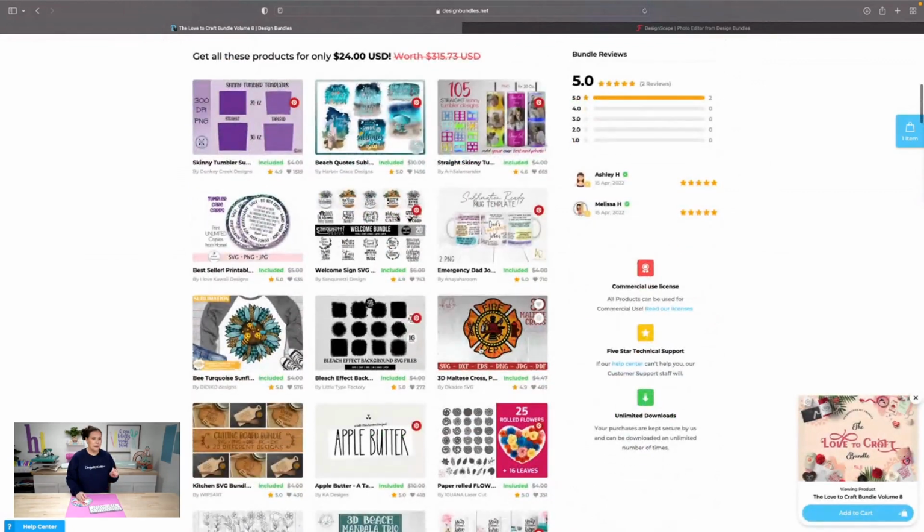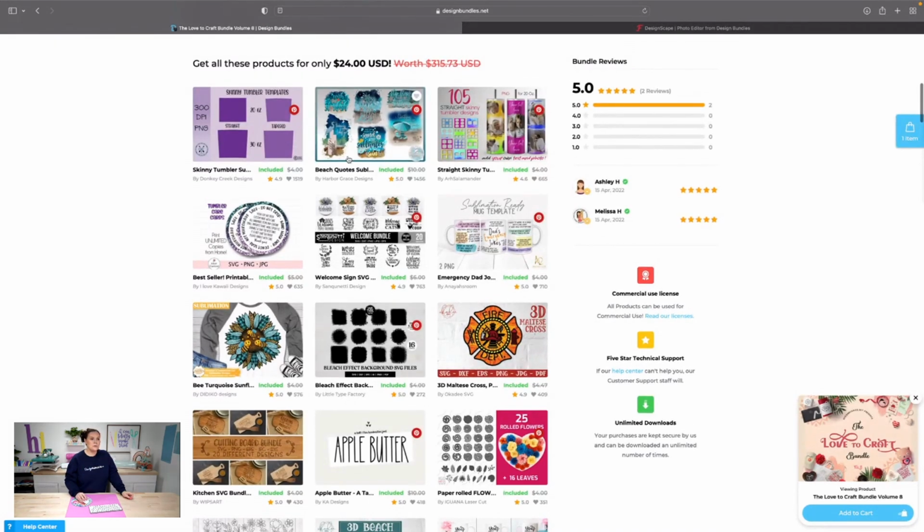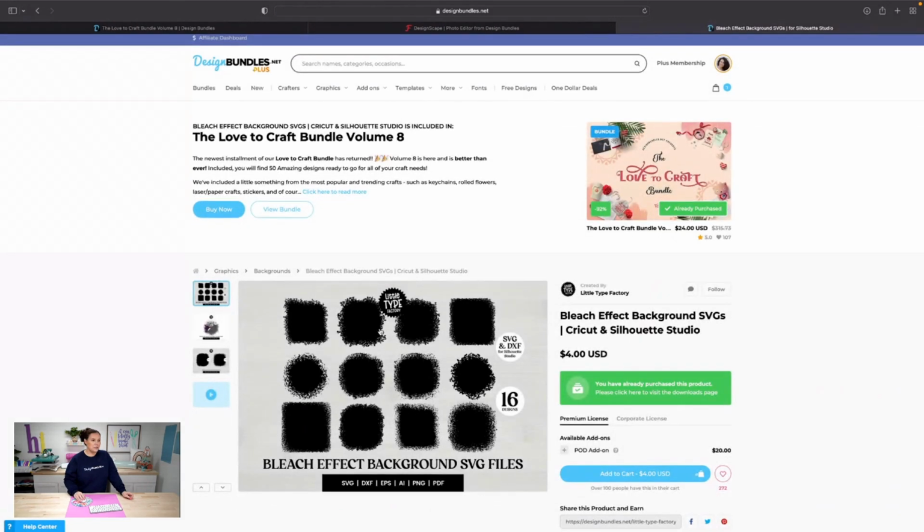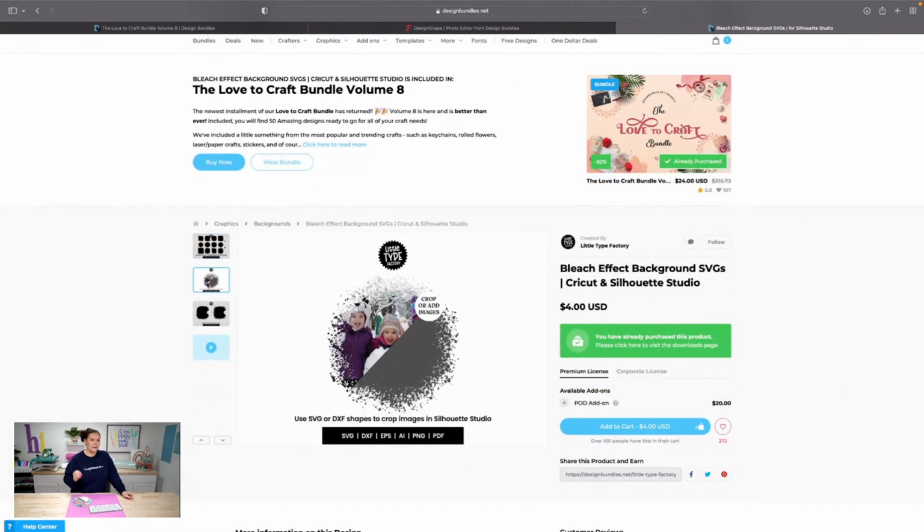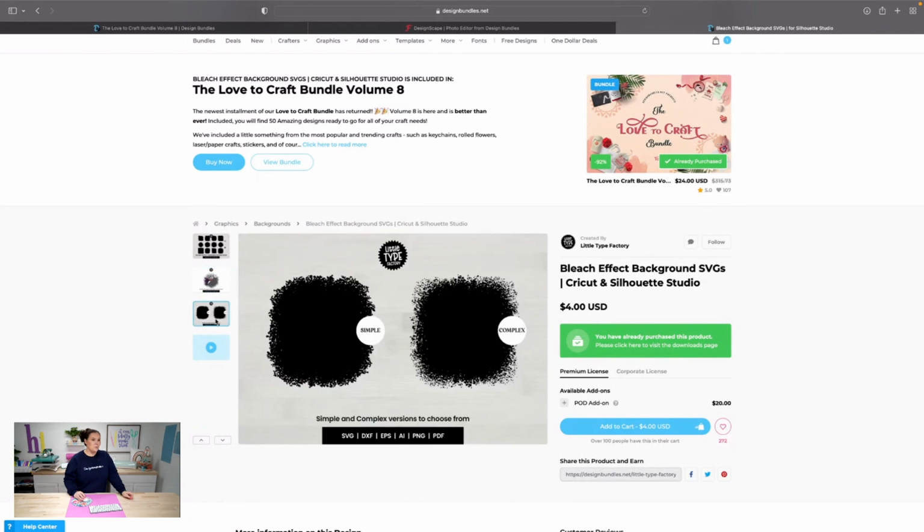If we scroll down, you're going to see right here that it has the faux bleach effects that we're going to need. And then I'm also going to use these files right here. If you click on those faux bleach effects, you're going to see that here. So you're going to be able to see what that would look like. What I'm going to do is essentially turn these white whenever we get over to Designscape. Now we do have files where they're already white, but these ones are black and I'm going to change them to white.